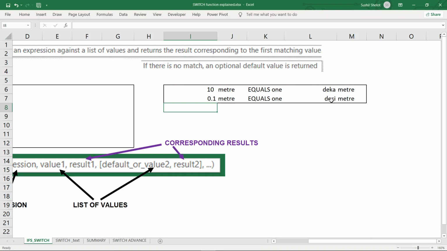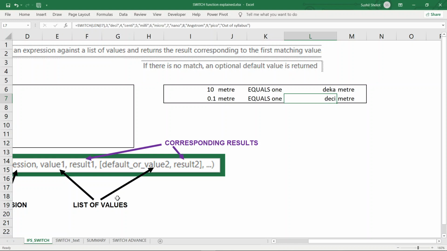So the same way as I use the switch function here, I have applied the switch function here. So in this way, you can opt to put in numerical expressions or a text expression into a switch function. So switch function can work either with a numerical expression or with a text expression. So here was a second example wherein I have explained the switch function with the input expression as a